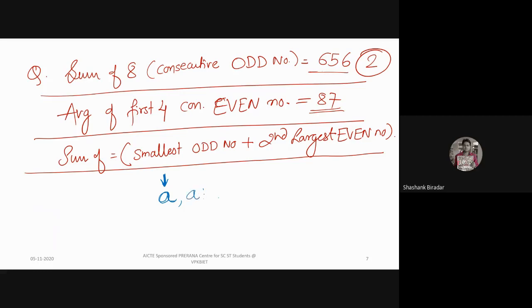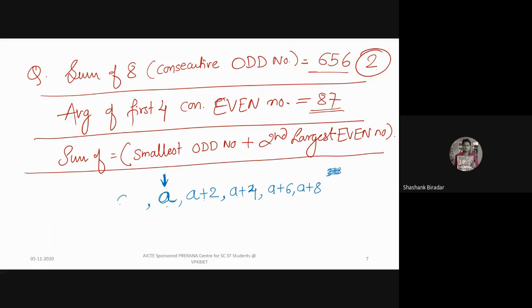So I can have A plus 2, then A plus 3, sorry, A plus 3. Means if I take odd added with odd, suppose 3 added with 3, that gives me an even number. Right? So then A plus 4, then A plus 6, A plus 8. How many numbers are there? 1, 2, 3, 4, 5.